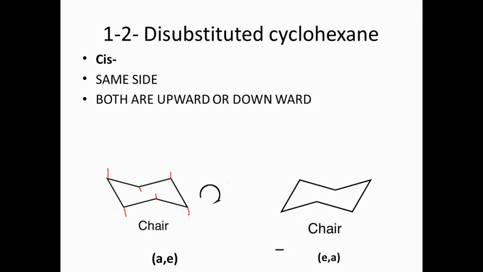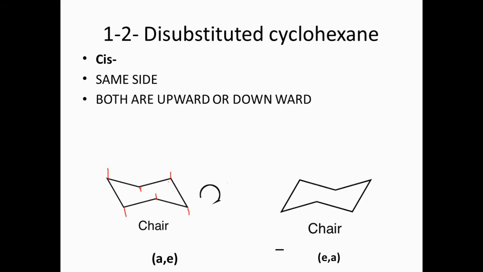Compared to the axial hydrogen direction, we can predict the direction of the equatorial hydrogen. If the axial hydrogen is in the upward direction, the corresponding equatorial hydrogen on that carbon is in the downward direction. Here, the axial hydrogen is in the downward direction, so the corresponding equatorial hydrogen will be in the upward direction. Next, in the case of 1,2-disubstituted cyclohexane, cis form means both